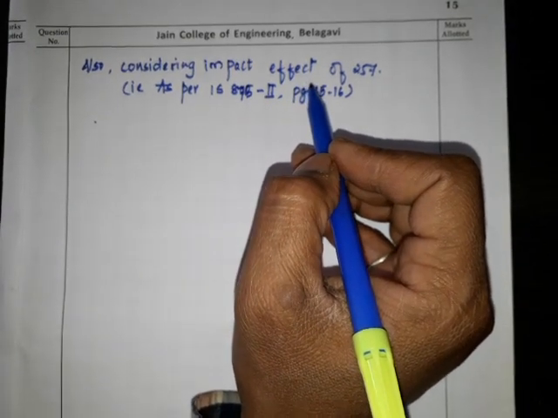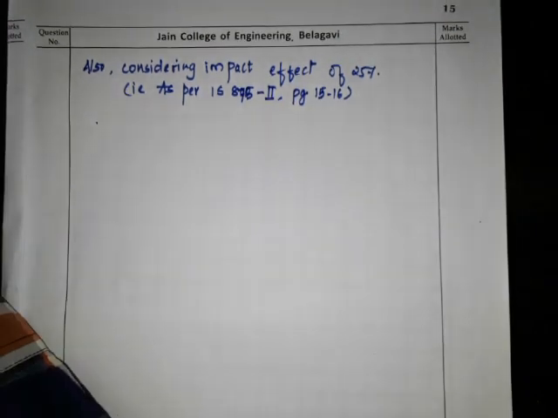So why do you have to consider the impact effect? Because the trolley and the crane are moving over the gantry girder. Because of the brakes or the operation of the crane and trolley, there will be impact on the gantry girder, because this is not a static load, this is a moving load. Because of the operation of the crane or trolley, sudden application of brakes, or sudden starting of the motor, there may be impact on the gantry girder.